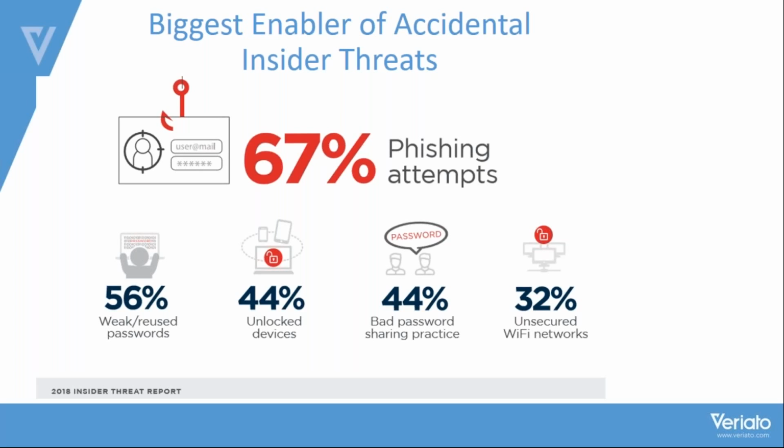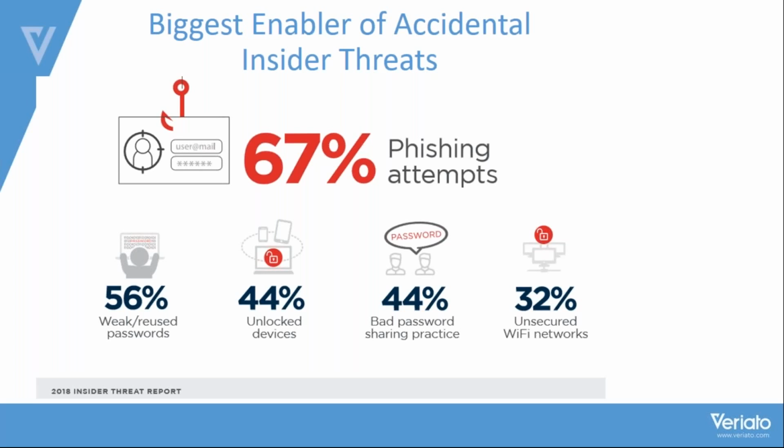But if I know what I'm doing, why do we have these high numbers of 90% of people still feeling that they're threatened, that they're vulnerable, and 56% of people inside still stealing things from us? Somewhere we're missing the point. We're missing the boat. So let's look at what enables these things to happen.